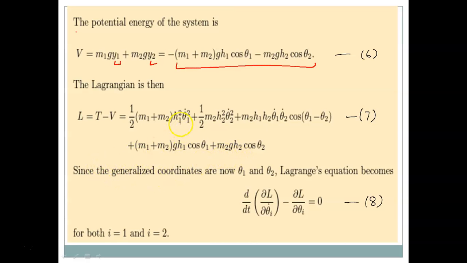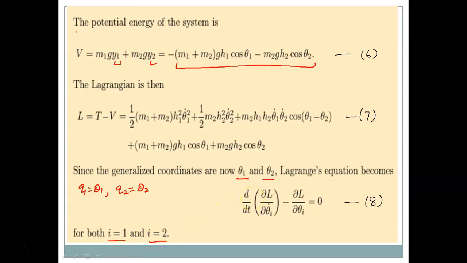So clearly here h, h1, h2 are constant, m1, m2 are constant. So the only variables are theta1 and theta2. So we can say we have the generalized coordinates theta1 and theta2. In fact, q1 is theta1 and q2 is theta2 in this case. So we'll have the Lagrangian equation of motion in this way. We will have two equations in fact, for theta1 as well as for theta2, because here i is 1 and